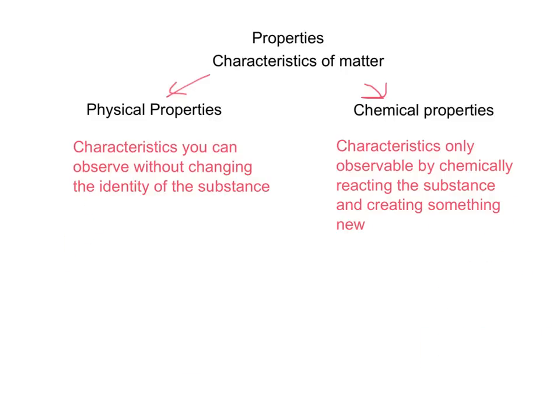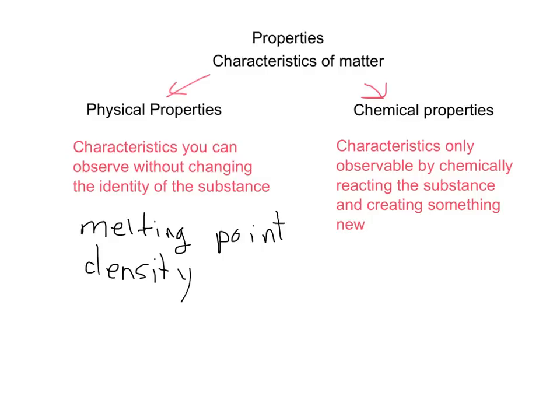So physical properties are characteristics you can observe without changing the identity of the substance. Examples that I did are going through state changes, melting. That melting point is a physical property. Density is a physical property. Color is a physical property. Those are all examples. Chemical properties, you can only observe them by making your substance go through a chemical change,